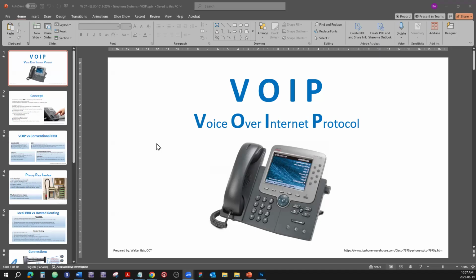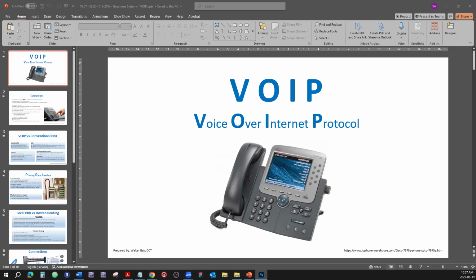So the last time we looked at, as I call it, conventional telephone systems. And this is my term, conventional versus VoIP; I had to call it something. What I mean by conventional phone systems is basically a KSU, Key Service Unit, or PBX, which stands for Private Branch Exchange, and that is usually a box that